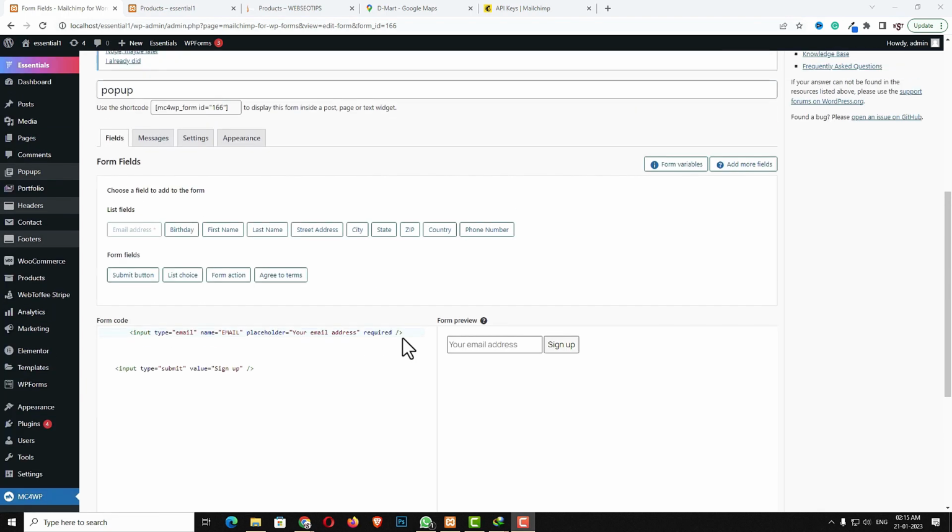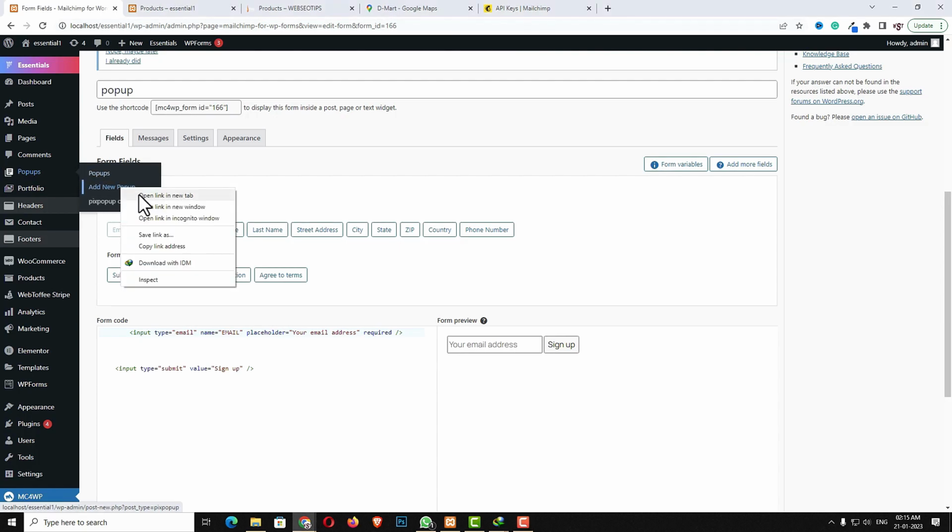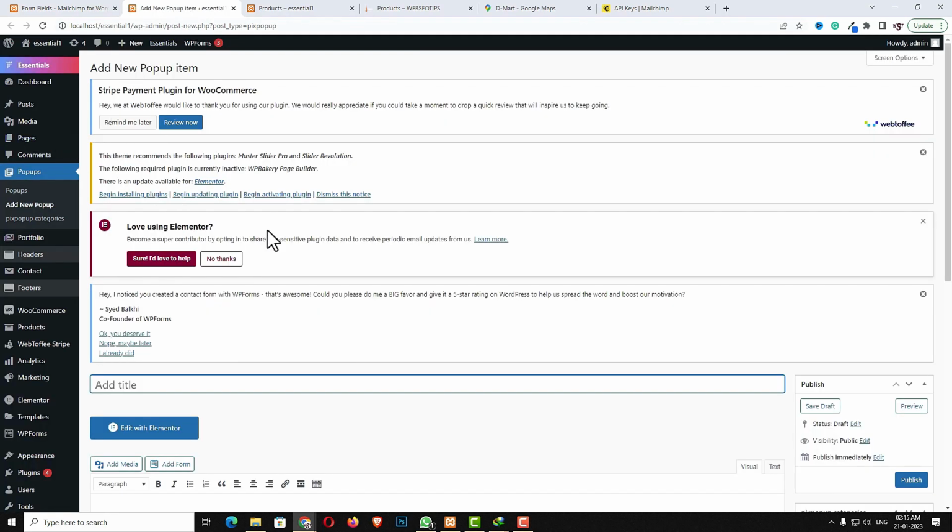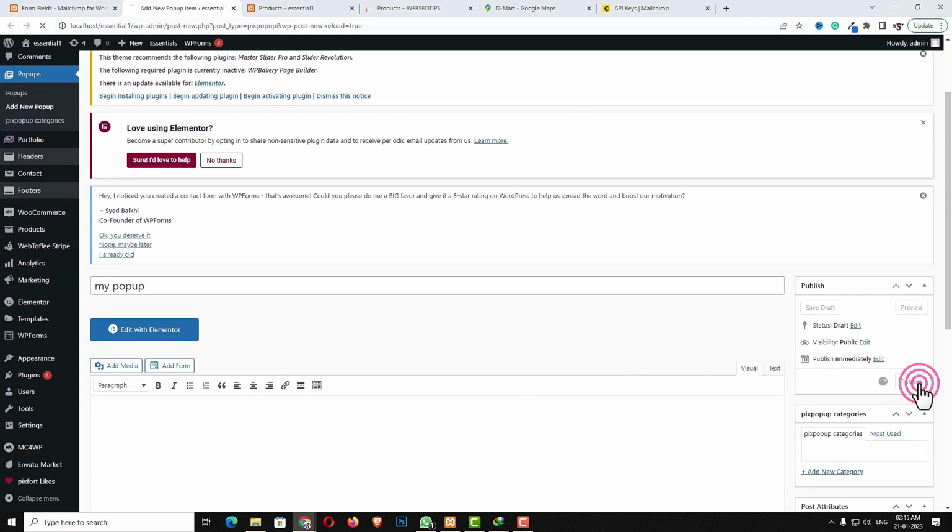Next, don't close this one. Here you can see the pop-up option is available. So here you can see the add new pop-up. Right click and click on open in a new tab. Okay, the pop-up name I am giving as my pop-up. After that I have to click on the publish option, and once it's published, you have to click on